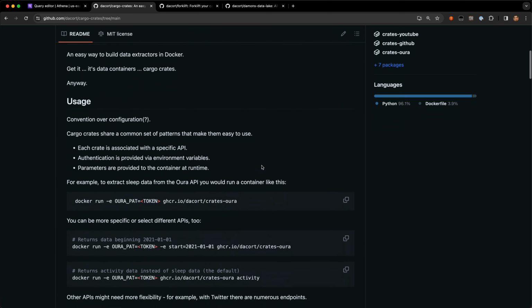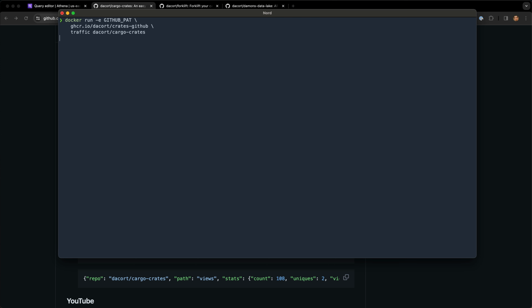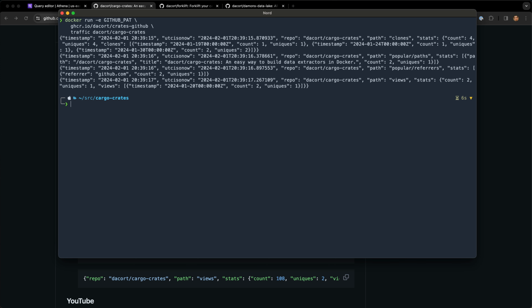If we look at the README really quickly, it's pretty easy to run these as long as you've got your API tokens. You can just do a Docker run with the crate and provide some parameters to it. GitHub, for example, supports traffic and releases, and you just specify the repo that you want to do that for. So if I copy that, go over to my terminal real quick, and do that Docker run, if the image isn't pulled already, it pulls it and then hits the GitHub API and spits out the data in standard out. That's kind of cool because then I can do a quick jq and format the data and look at it nice and pretty so you can see what that data looks like. And I can also do this with other APIs as well.